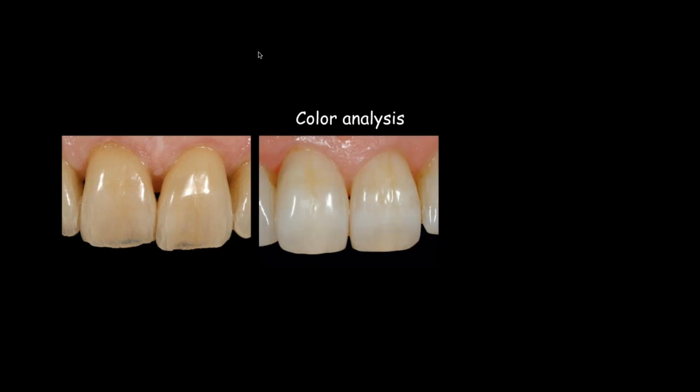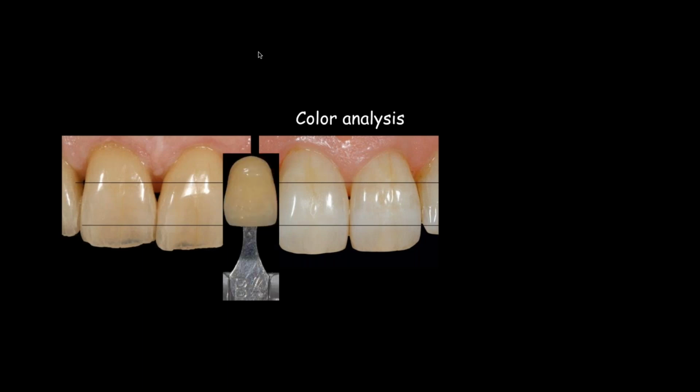So let's start with the simple parts, color. Now I get it that the basic photography is used to communicate color, and I would make the argument that when I'm looking at color, I'm always breaking teeth up into the basic 3 zones, which I think you all have a good reference of today, right? The cervical chroma, the middle third value, and that incisal translucency. I would also make the argument, though, that there is no such thing as a shade guide that represents natural teeth. There's references there,